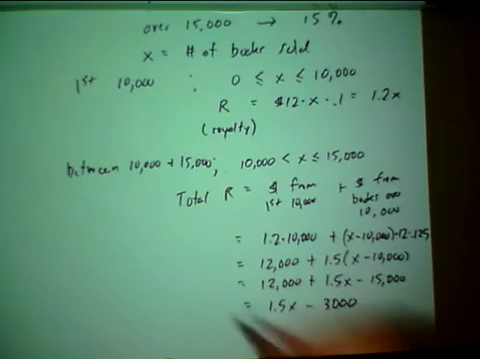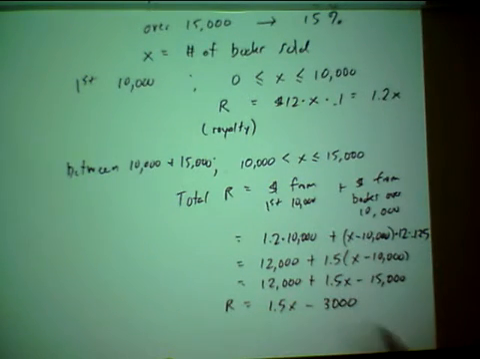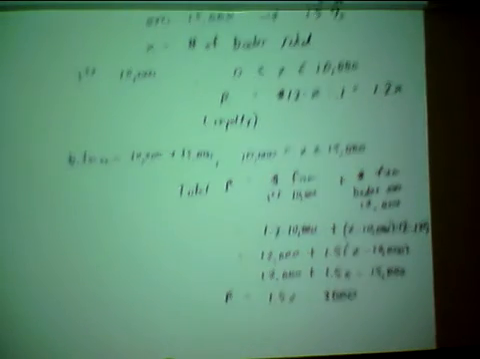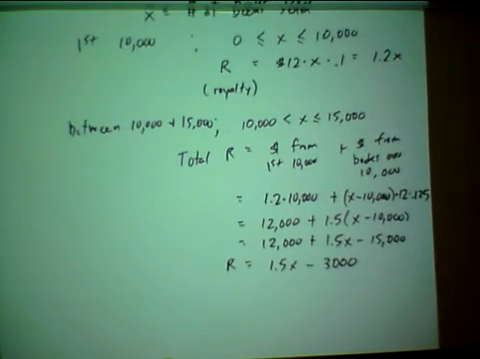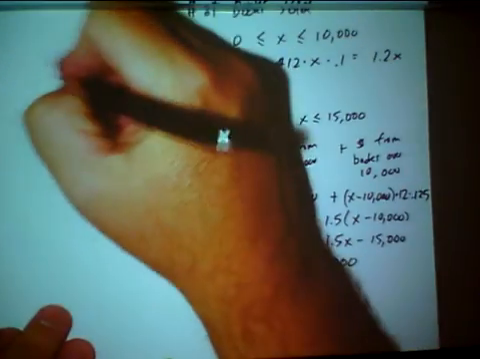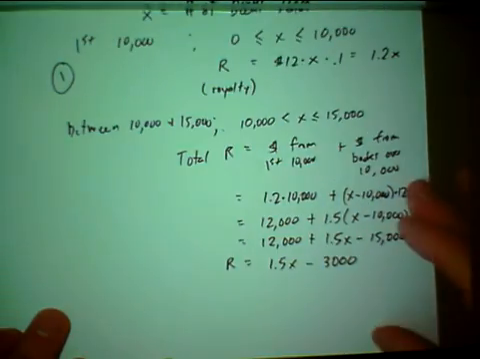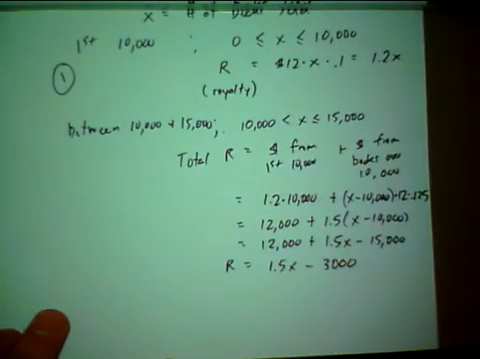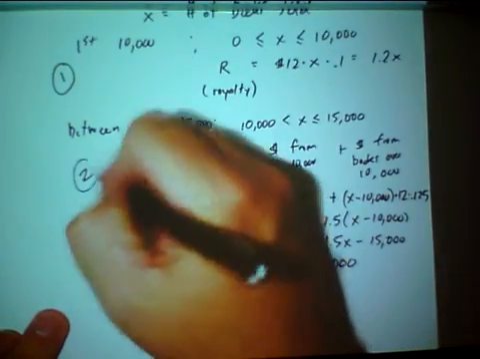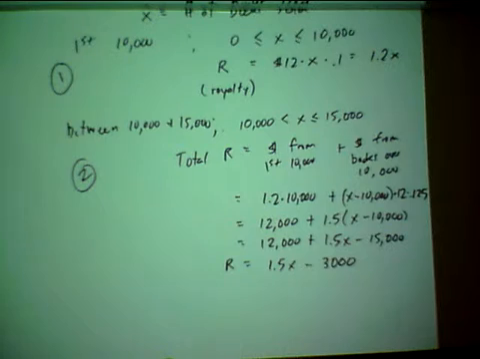So this is an equation of how much money he's going to make when the number of books sold is between 10,000 and 15,000. So this is the first scenario, when it's between 0 and 10,000. This is the second scenario. And now, the third scenario is when he sells more than 15,000. So what I'm going to do for the third scenario,